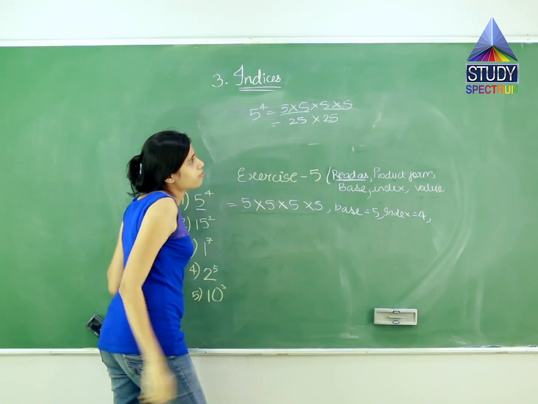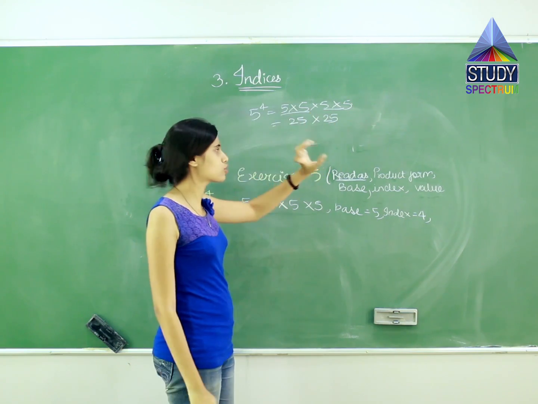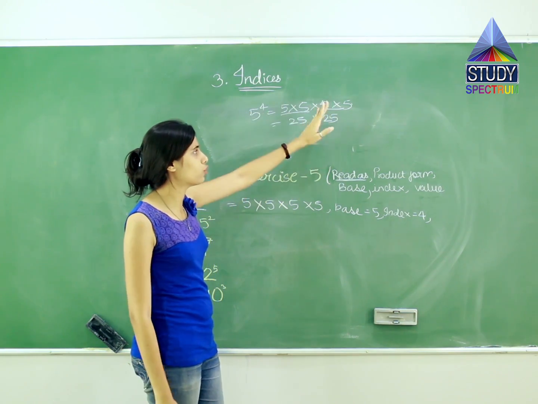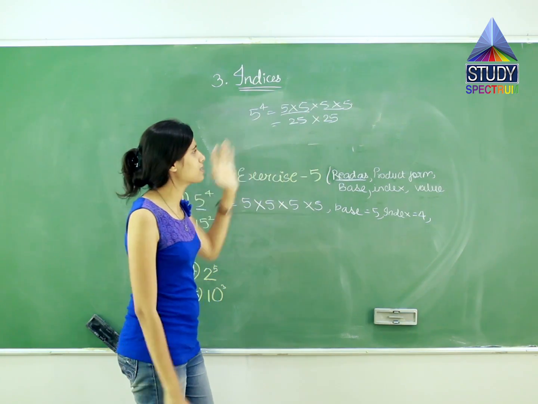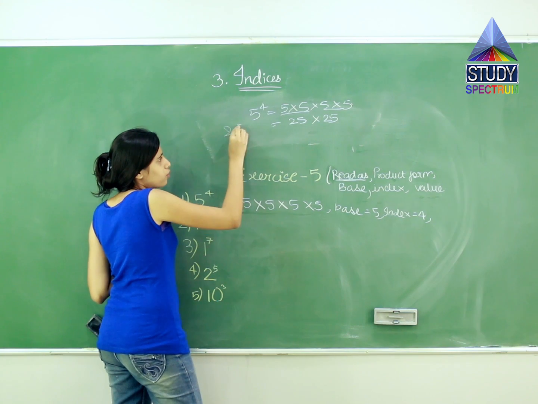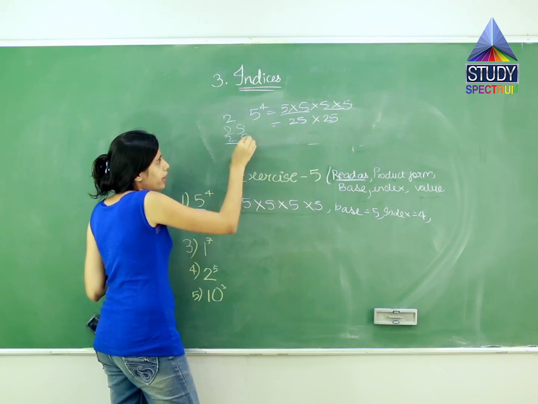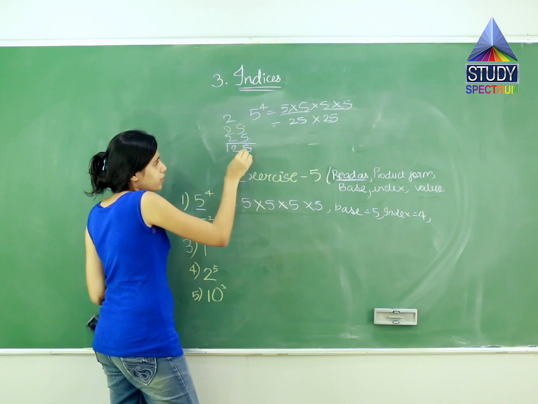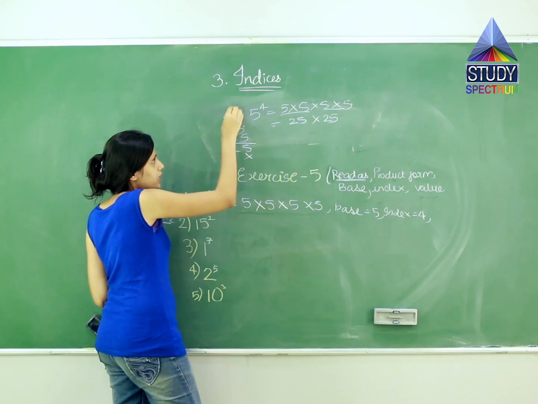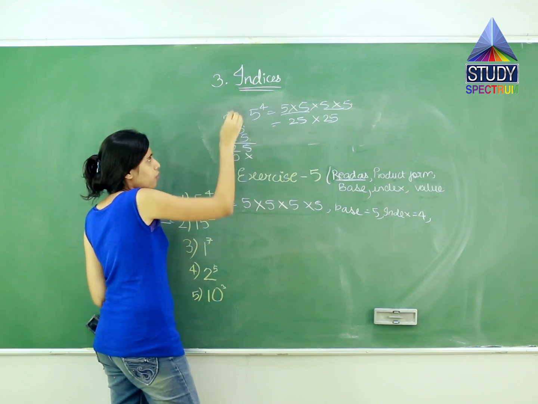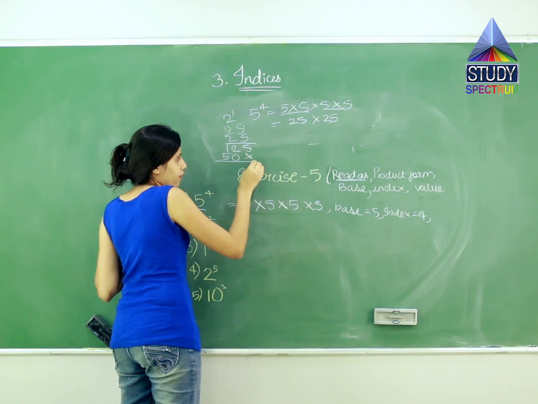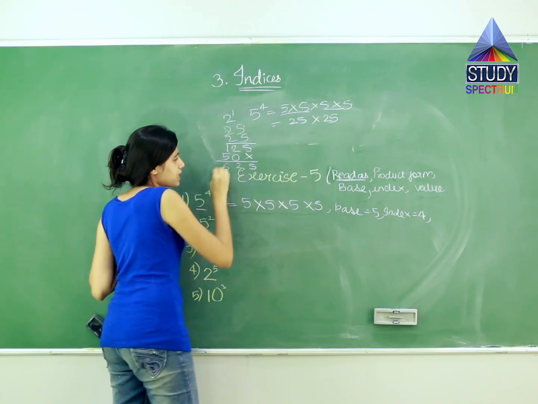5 5s are 25. I have grouped this 5 5s and 5 5s. You can also solve 5 5s 25 into 5 into 5, but it is simple, like 25 into 25. So 5 5s are 25. 5 2s are 10, 11, 12. So 125, cross over here, 5 2s are 10. 2 2s are 4 plus 1, 5. So we have 5 over here, 2 over here, 6 over here.